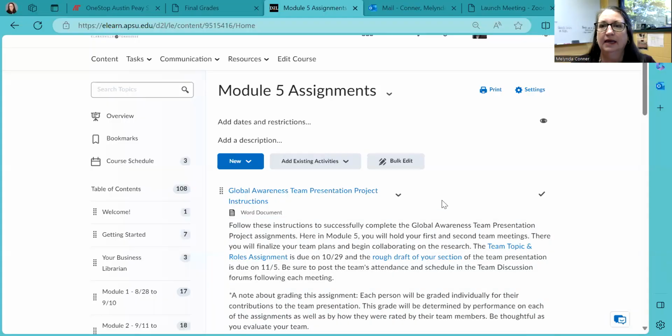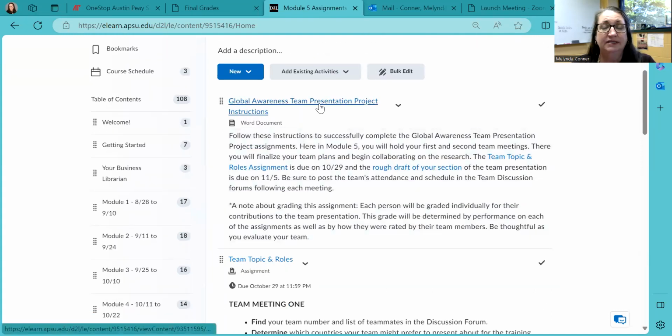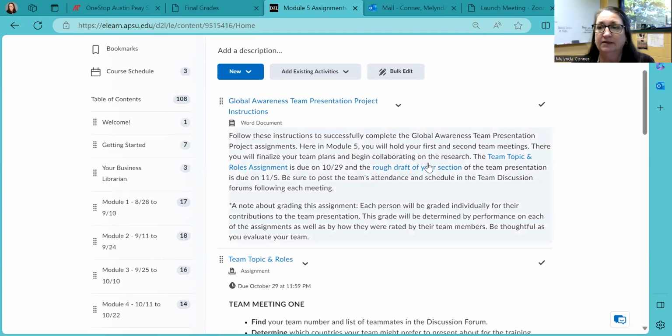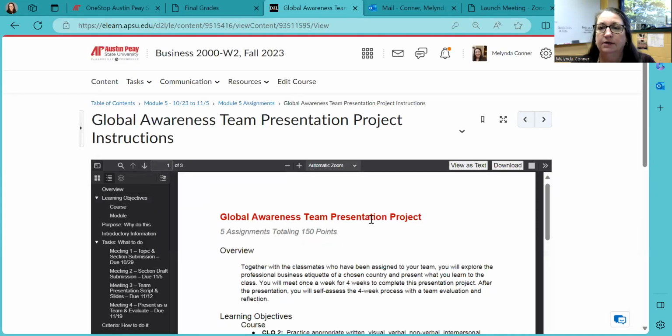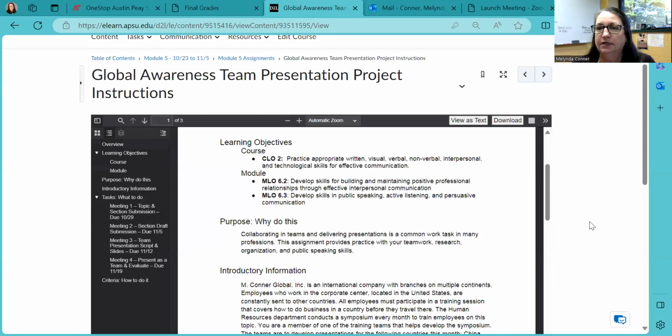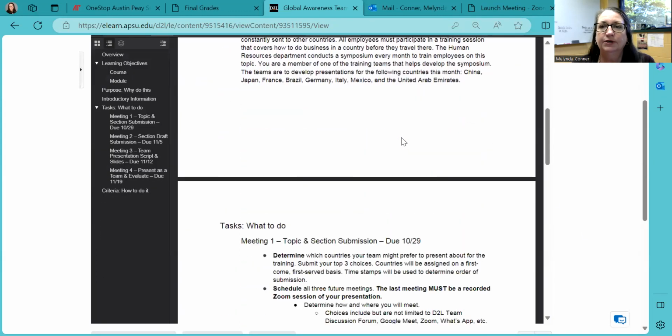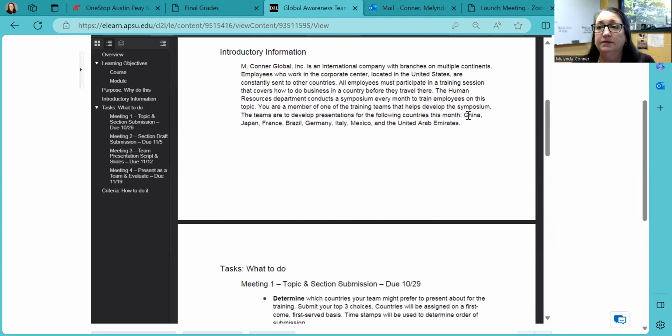Okay, so let's take a look at these assignment instructions. I'm going to share my screen. It says I'm sharing, so y'all should be able to see the Module 5 assignments here. The Global Awareness Team Presentation Project instructions are going to guide you completely through this process. If we click on those, you'll notice that all of the instructions and learning objectives are here. This is where many of you missed: you need to read these instructions very closely and carefully